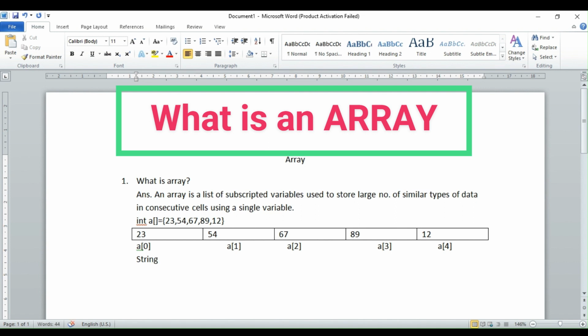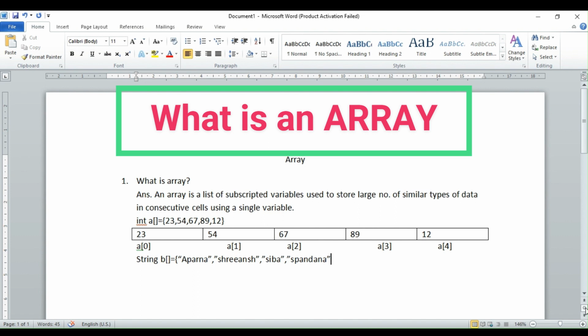Let this one be b, then square brackets equal to curly brackets, and in double quotes write, let us say, Aparna, then in double quotes Shreyansh, then again in double quotes Shiva, then Skandana.